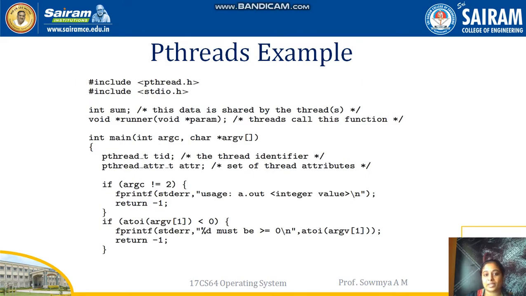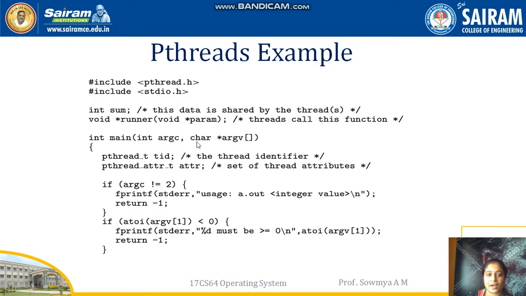So, using pthreads we can create and manage a thread. Here we are seeing an example of how we can create a thread and execute the thread function. We know pthread is a system library, and using this system library we can create a thread. Here sum is a global variable, and void runner is the threaded function. This is a user-defined function which is called by a thread. Once you create a thread and call this runner function, the separate thread is responsible for execution of that user-defined function.